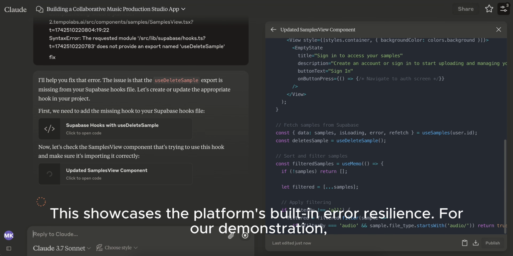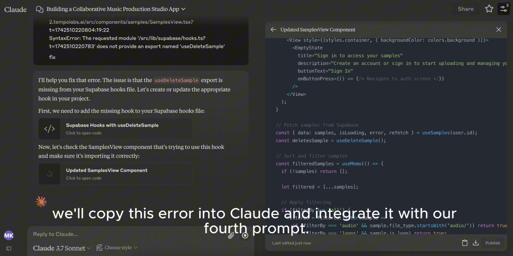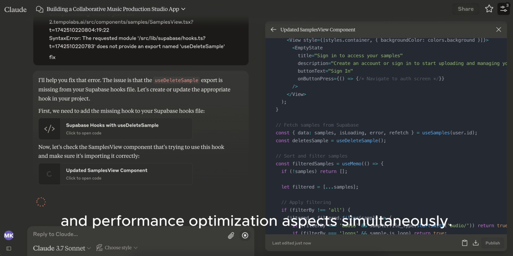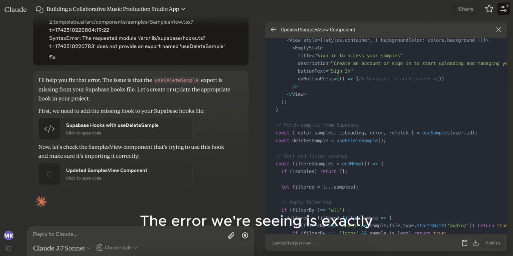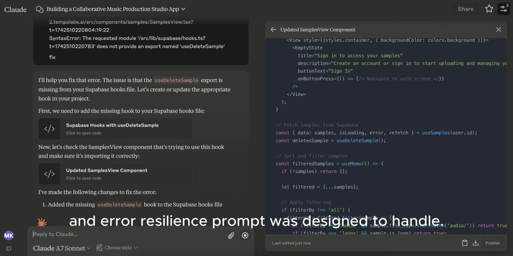For our demonstration, instead of using up one of our limited prompt counts with Tempo, we'll copy this error into Claude and integrate it with our fourth prompt. This approach lets us address both the error handling and performance optimization aspects simultaneously. The error we're seeing is exactly the type of issue our performance optimization and error resilience prompt was designed to